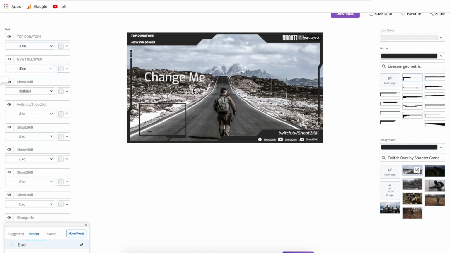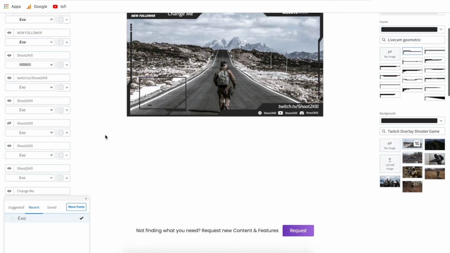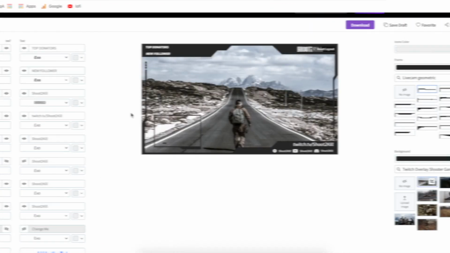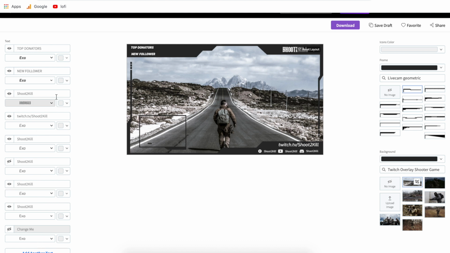Now depending on where we want this text, if it's in the header section, then we can change it to the bold one, but depending on where we want to put this, that's how you change the text. Now if we don't need this in here anymore, all we have to do is turn it off, and that will be gone from the template. So that should take care of the text on the left side. If you have any questions about that, let me know down in the comments.